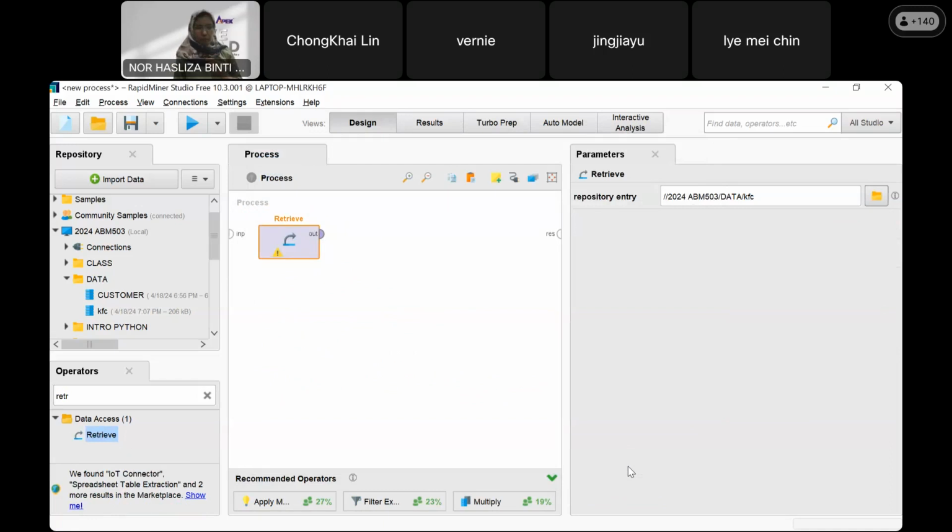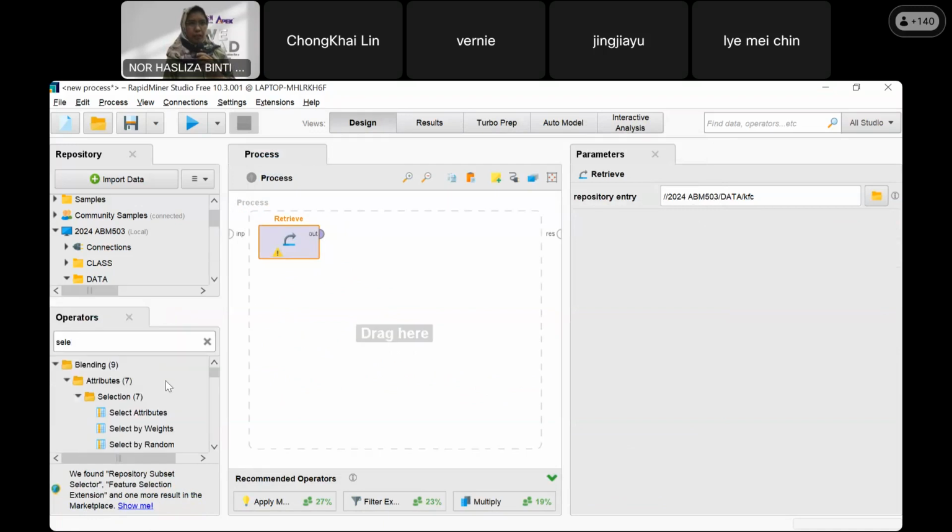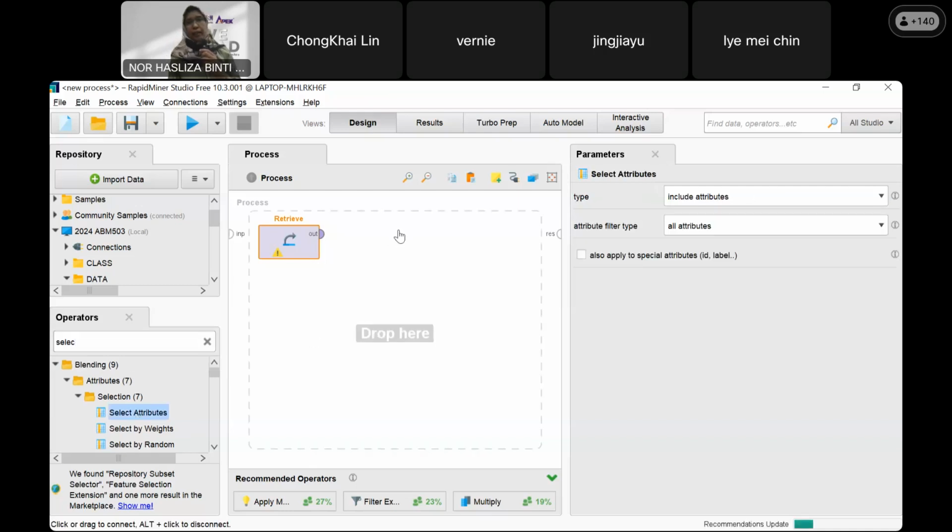And select attribute. You can adjust. This is select attribute. Easy, drag and put it here.